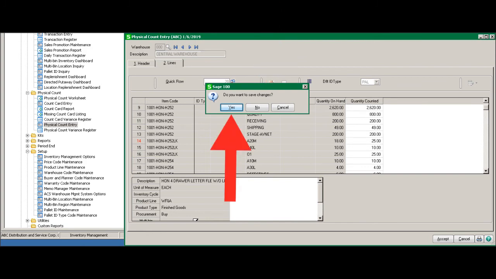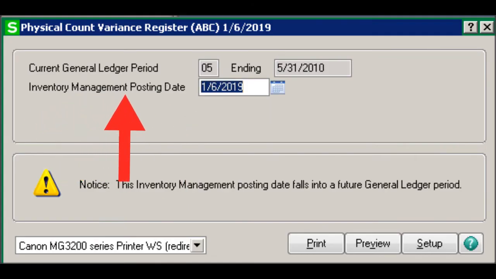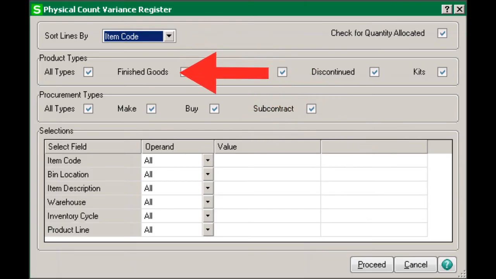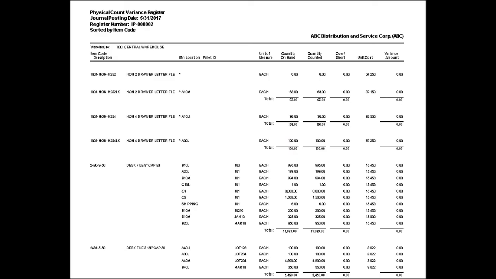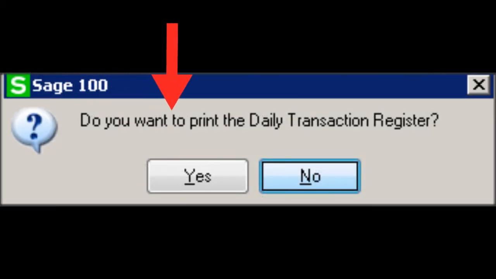If you choose yes, then you will be prompted to run the physical count variance register. You can choose preview to look at the data on your screen. You will be prompted for how you would like to see the data, and then you can press proceed. The physical count worksheet will be displayed, and you can review all of the numbers in totals there. When you choose to close the physical count variance register, you will be prompted, do you want to print the